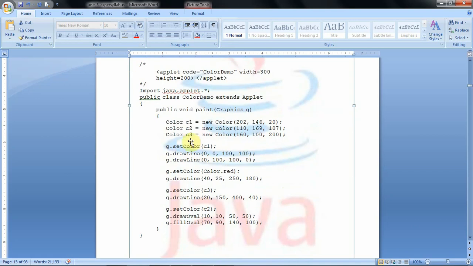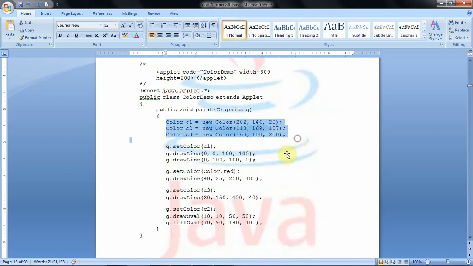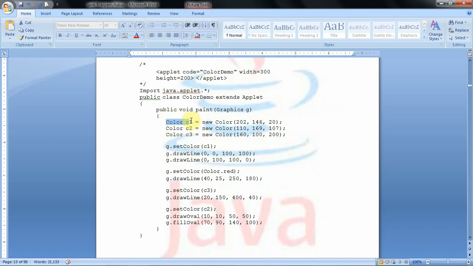Then within the paint method we create three color objects, as Color C1 equal to new Color, by passing three values: red contribution, green contribution, then blue contribution. The maximum value is 255.